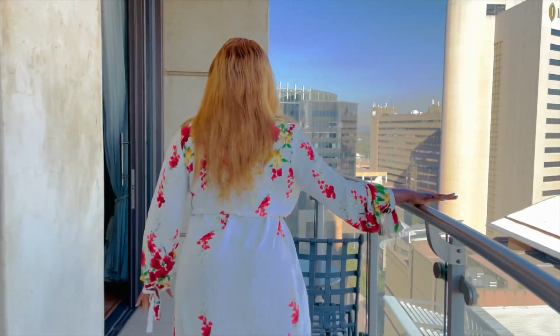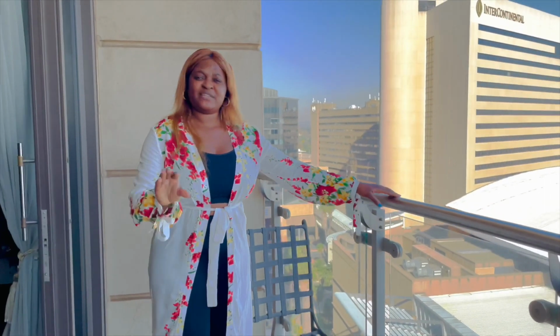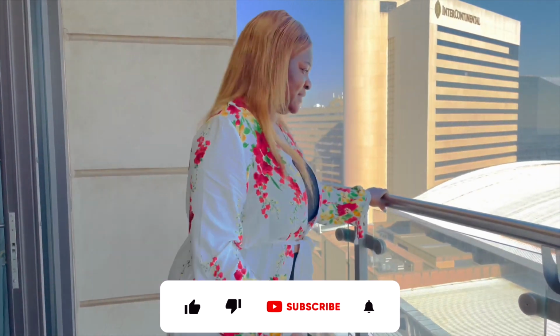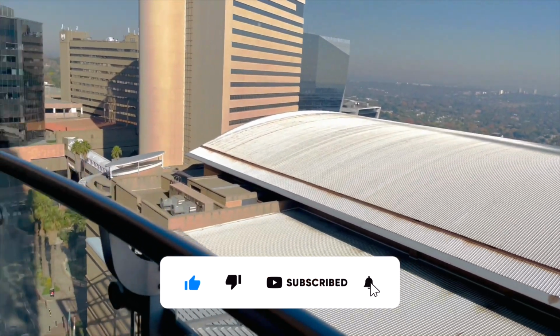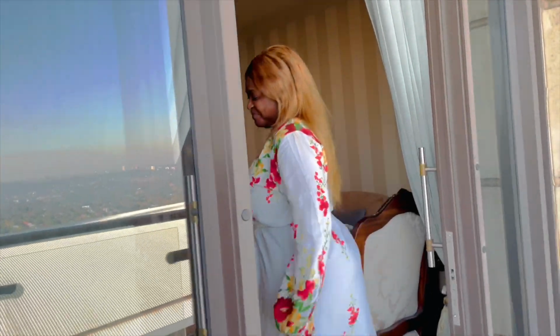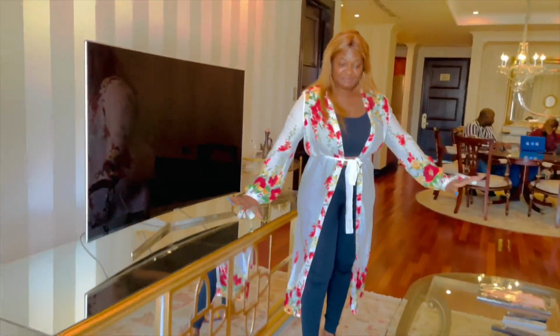So this is the beautiful balcony. I think we are on the 20th floor, 21st floor, 20th floor, I think, yes. So you can look, I can't really look down. I'm scared. Don't drop my phone, please. I'm scared of heights. So come with me. Look at this beautiful